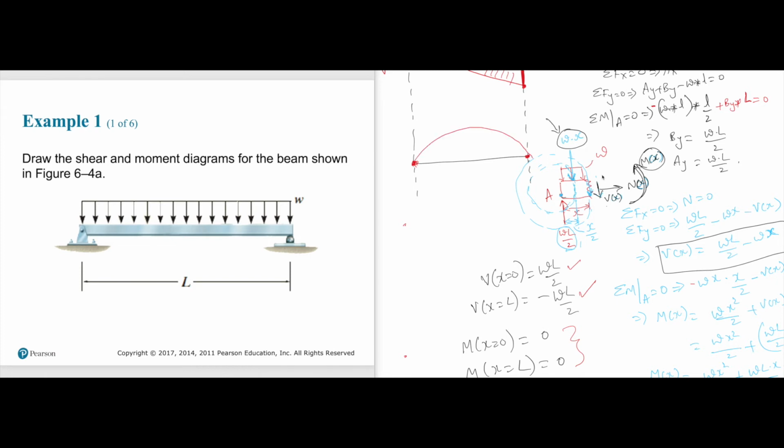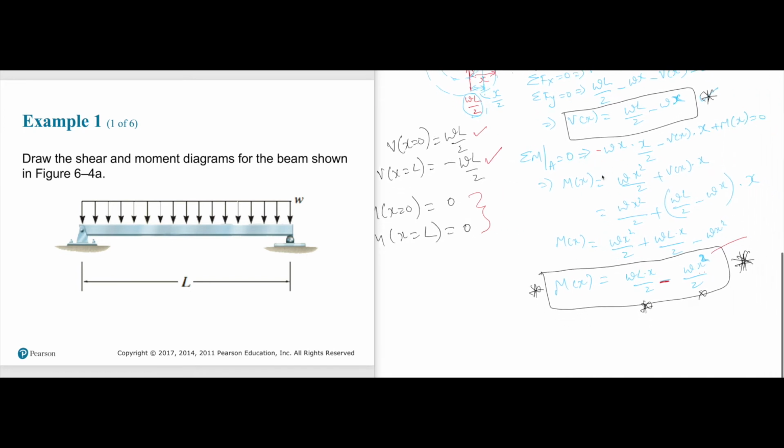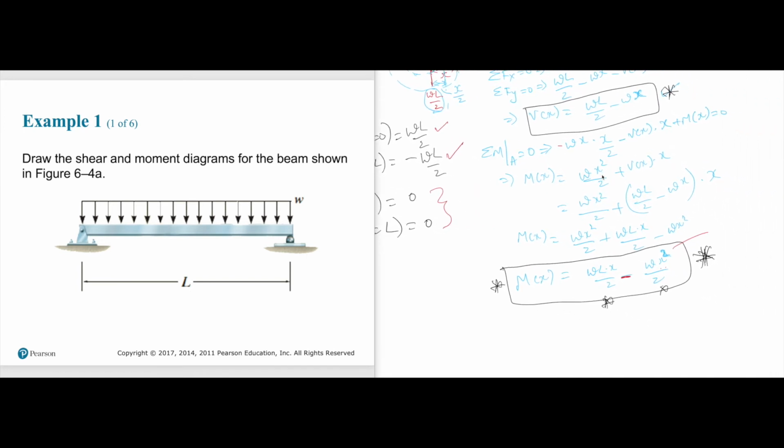And where does the maximum occur? Here, exactly where V equal to 0. And how did I say that? Because from mathematics, where does the maximum occur? Wherever the slope of the moment equation is 0. When is dM/dx equal to 0? Right? When is this equal to 0? It is equal to 0